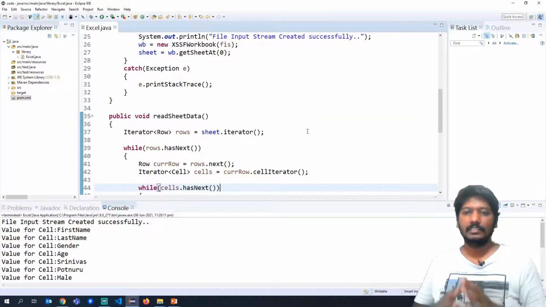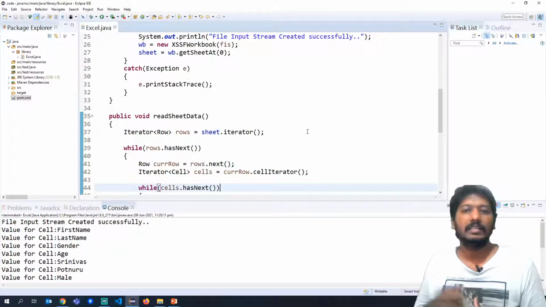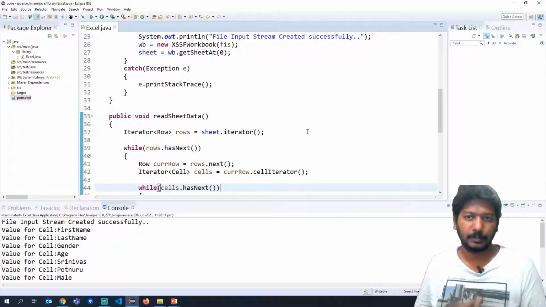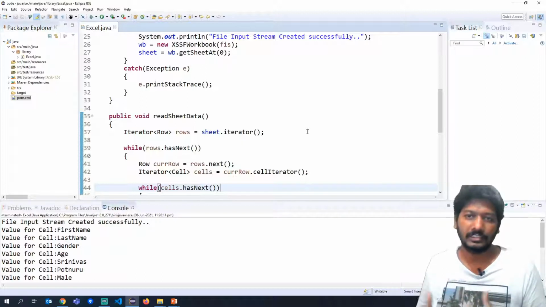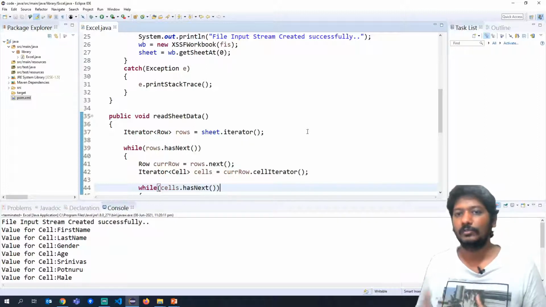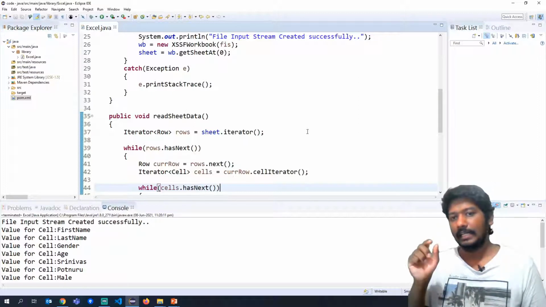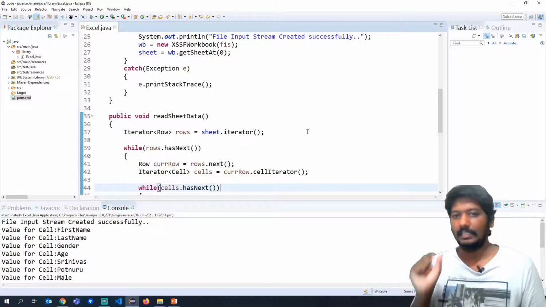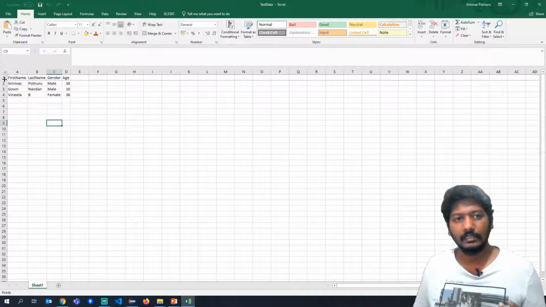So this is a very simple way of reading data from Excel file. Generally, if we work in projects, what we will do is we will have more functions written, so that it is more useful. For example, I can write a method for getting value only from a certain cell. For example, second row, third cell, or maybe you consider the first row as a header.